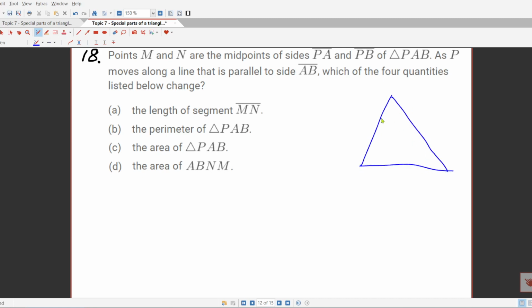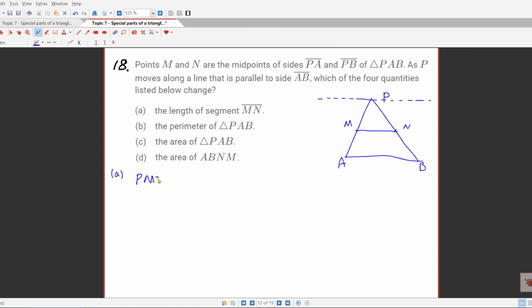Okay, so let's draw a sketch. M is the midpoint of PA, N is the midpoint of PB. This is a line that is parallel to side AB. Which of the four quantities listed below change? Okay, first one,